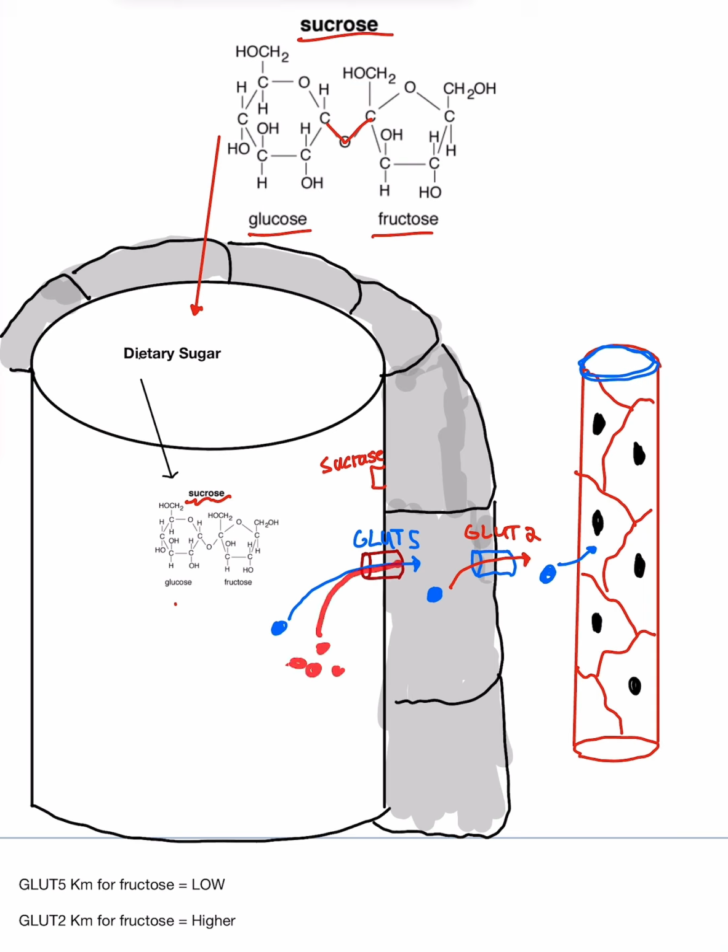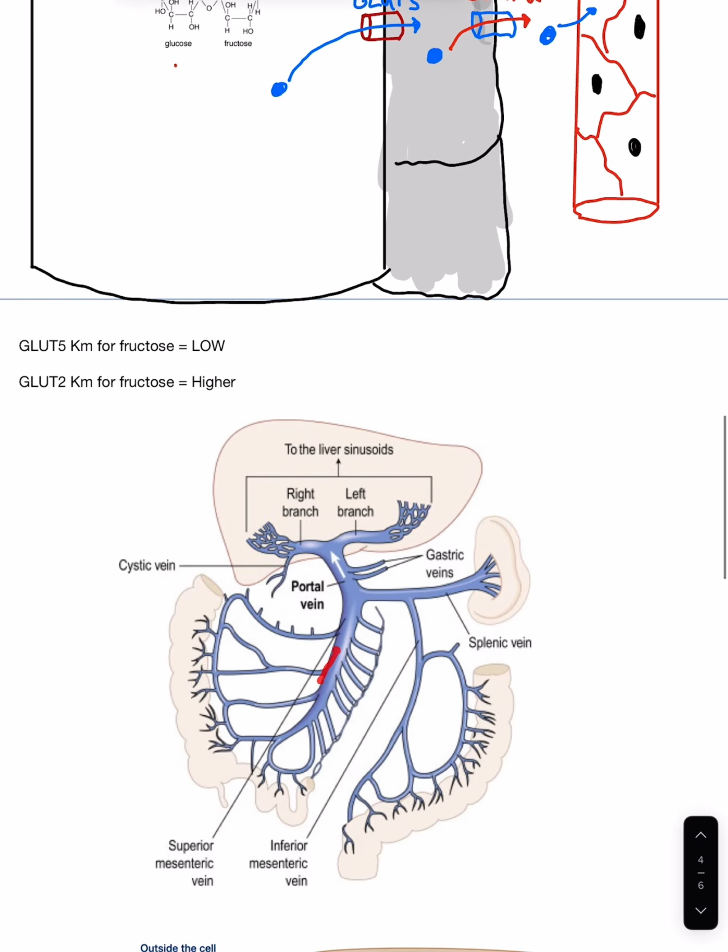So it moves through these GLUT5 transporters very quickly, which starts accumulating more and more fructose on the inside of these cells, which allows that increased substrate to then move through these GLUT2 transporters, with an increased concentration gradient, which then causes more fructose to move into these little capillaries, which eventually form the hepatic portal vein once they combine in venules and then enter the